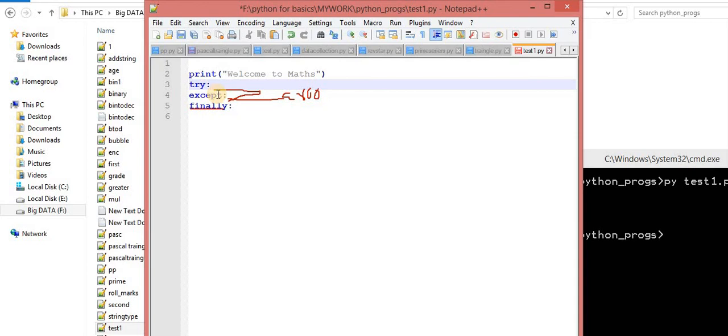In normal termination there is no error, or if an error occurs, the respective except block tries to resolve that error. That is the normal execution. Two cases basically. One is if the error occurs, then your respective except block catches that error. This is point number 1. And point number 2, if I say the program is successfully executed, that means there is no error.